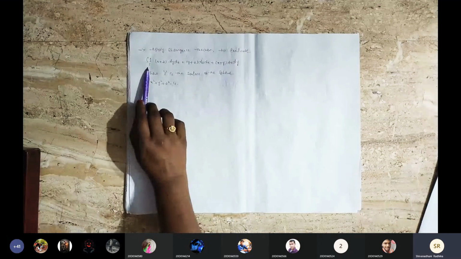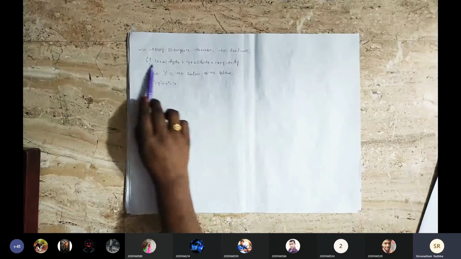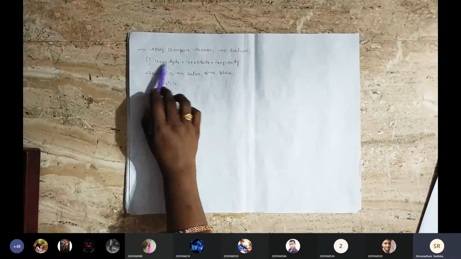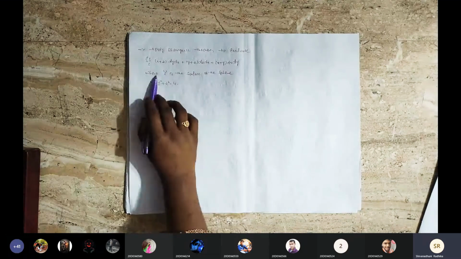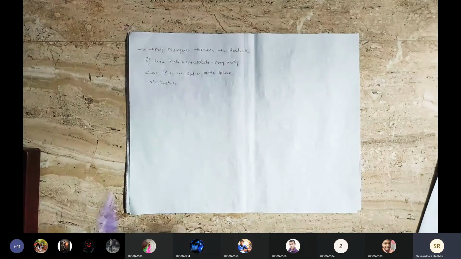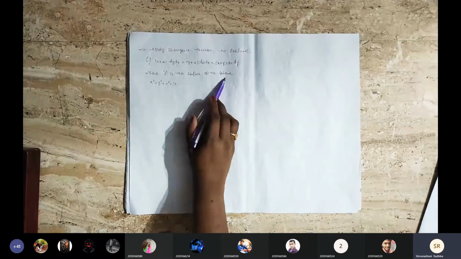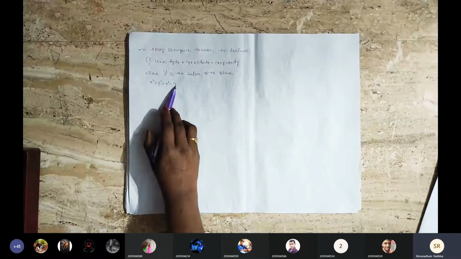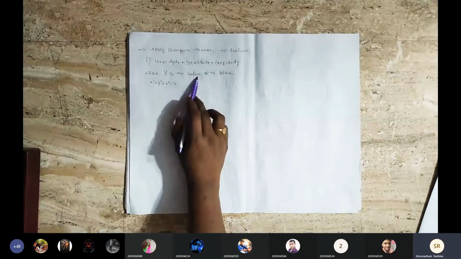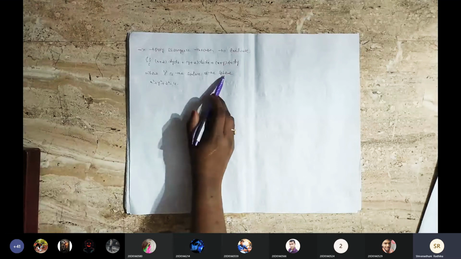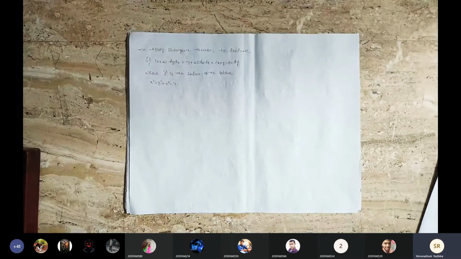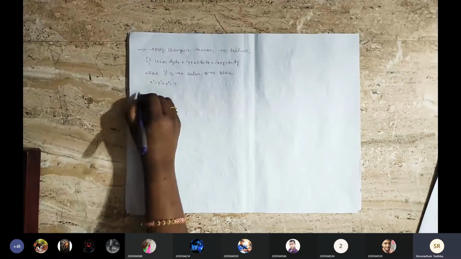Okay, to evaluate the double integral over S, which is not of the proper form, that means we don't have any F bar. We need to find it by using this F bar. Where this S is the surface. That surface means a closed surface, the closed surface of the sphere. Already we have the sphere equation: x square plus y square plus z square equals 4. That means the surface is enclosing the sphere with radius equal to 2. Is it clear? Now we are going to find the solution here.